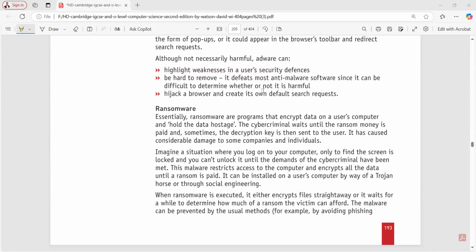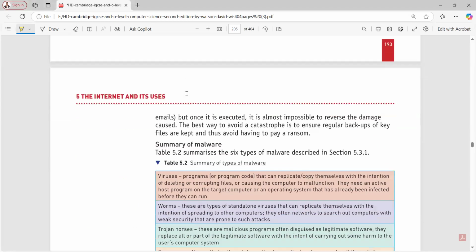Just imagine that you woke up, went to your computer, and suddenly all of your data has been encrypted, and you have only one message: if you want to decrypt your data, you need to send money to this person, and then your data will be in its original form. This is what happens in ransomware. It asks you for ransom.